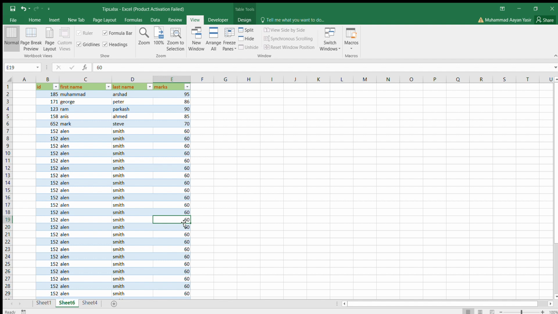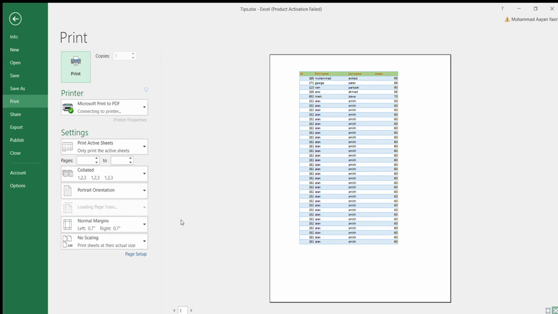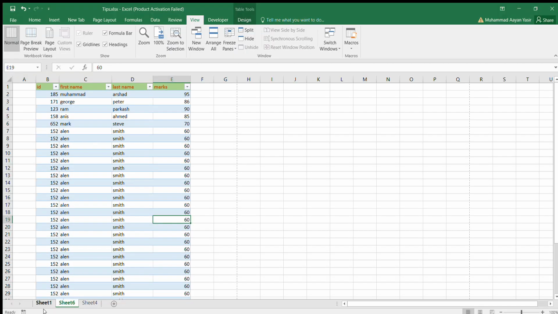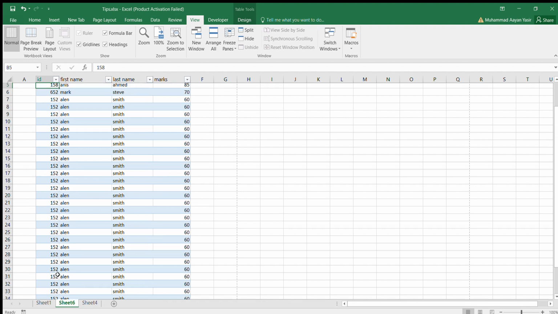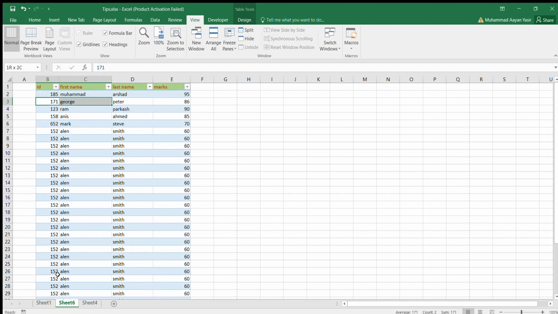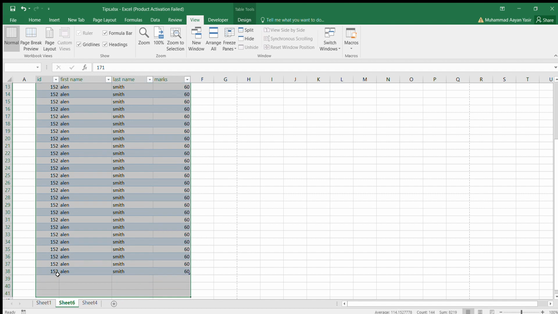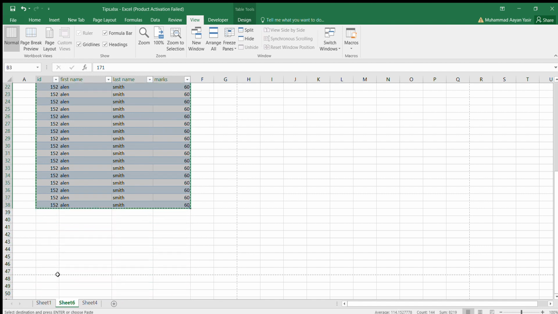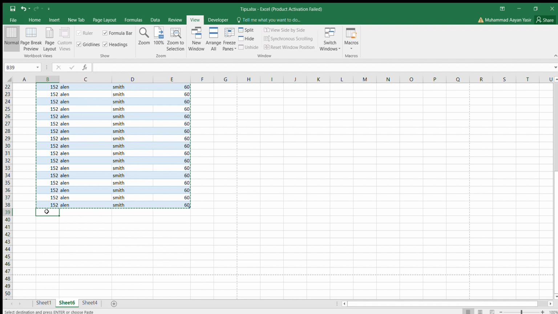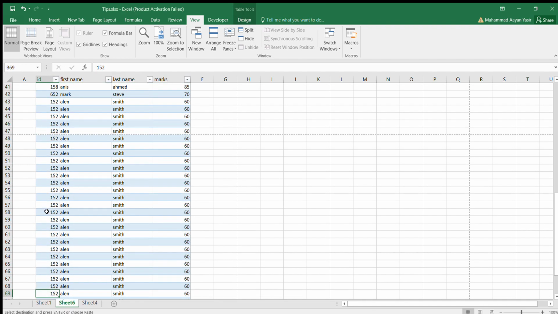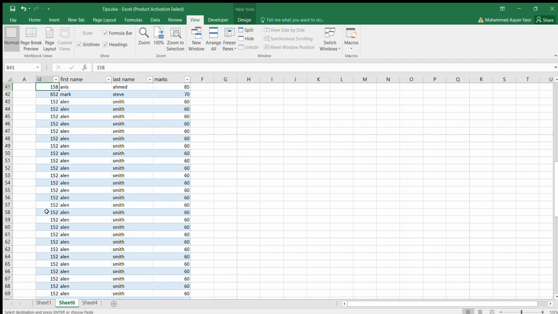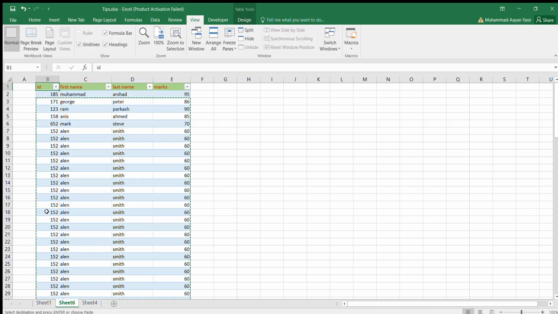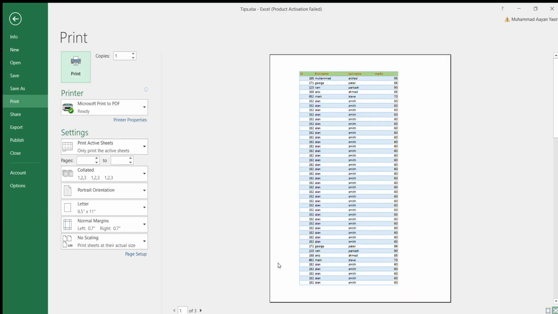In this one, we'll talk about what happens if I'm going to take a printout of this data. This is a smaller data set, so let's make it a large data set so that it goes to further pages. I'm just selecting it and copying it down further so that it goes into further pages once I go for the printout. Okay, so we have copied that, and now if I go to print, see over there